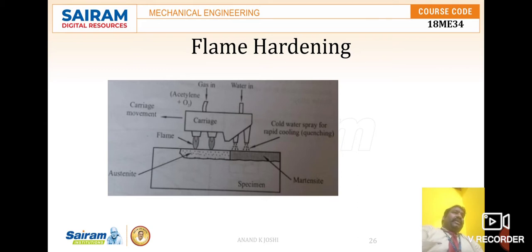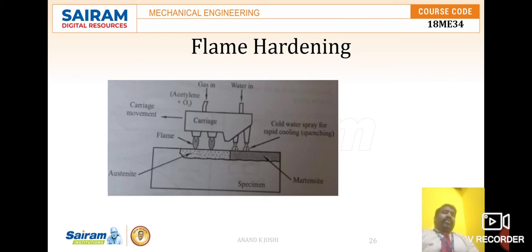and here the main thing is that the carriage movement is very important: at what rate the movement is taking place, and what the flame rate is, that is, what is supplied per unit surface area per unit time. That is very important. The time, the specimen and the area we also have to take care of. These are all very important parameters in the selective hardening method,